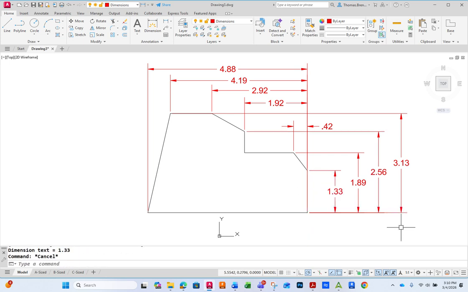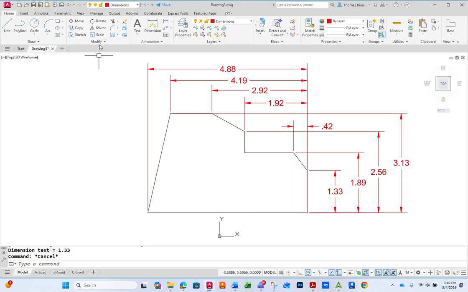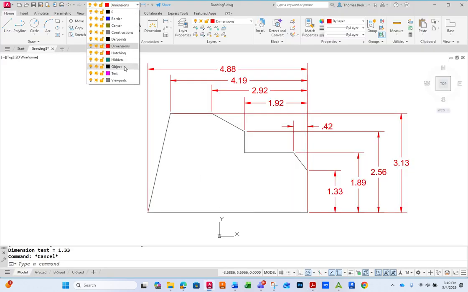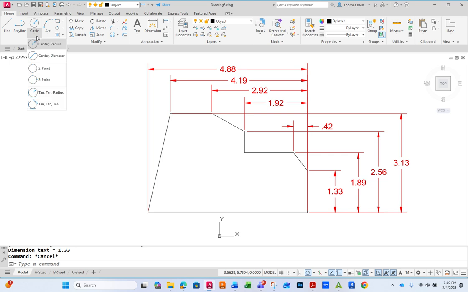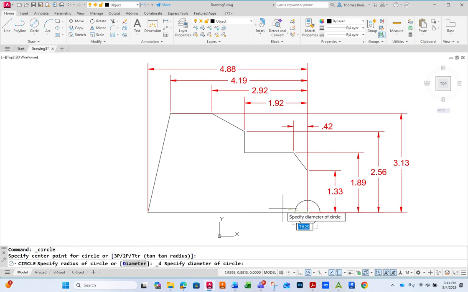Now after that, there's a couple different ways you could make your circles, because we got a couple circles here. So I got one circle right here. This one tells me that it's 0.70 up, and then it's over 0.70. So I could just draw a circle here with a diameter of 0.48. So let's start with that. So I'll start here by going here and creating a circle with a diameter of 0.48. So I'll go ahead and put this here, and I'll make that